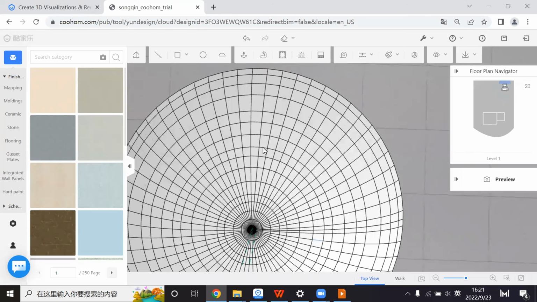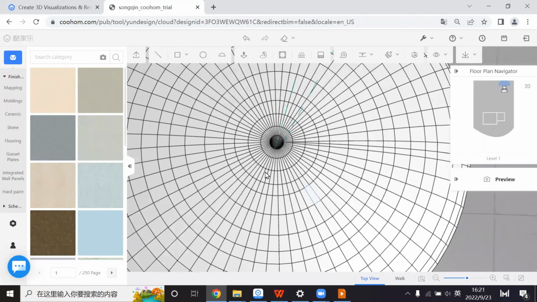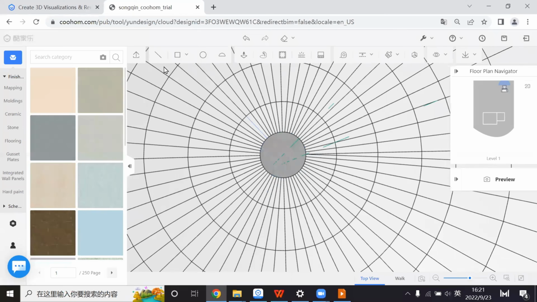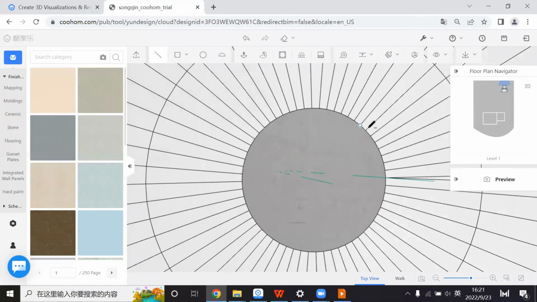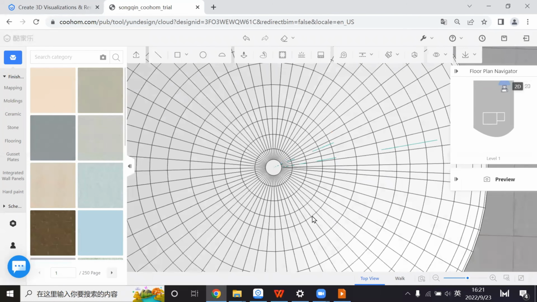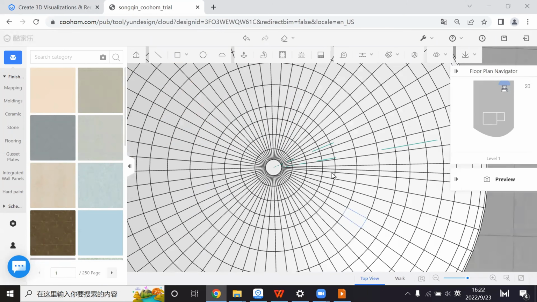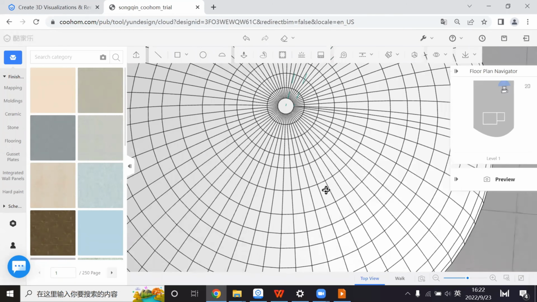I need this column to disappear. Holding down the Shift button, select, delete, and also use the line to draw one small border and it will return. Okay, let's change to 3D, and now you have a better roof,